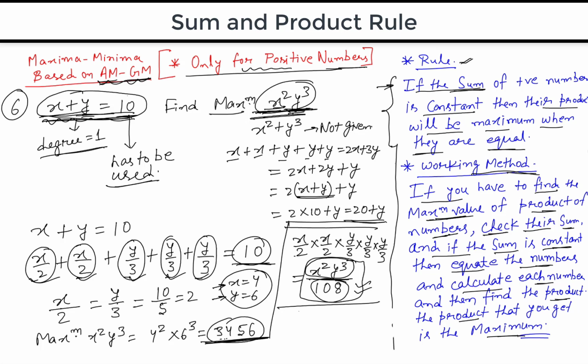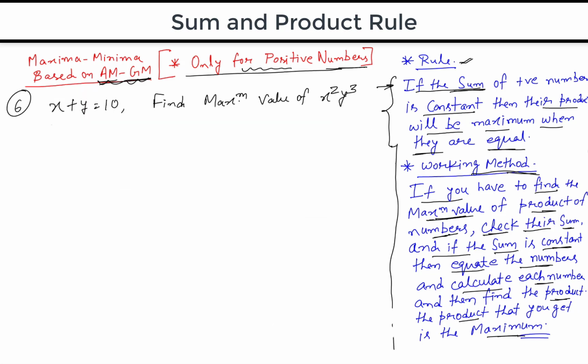Now I'll do this question again, right? What do you have to do? Look at the required power of x, that is 2, and the required power of y, that is 3. Start from this equation. Let's do one thing. Multiply the term containing x by 2 and divide by 2. Why am I taking 2 only? Because we need the power of x as 2. Multiply and divide the term containing y by 3, so 3 into y by 3. So that you ensure x by 2 appears twice, y by 3 appears thrice.